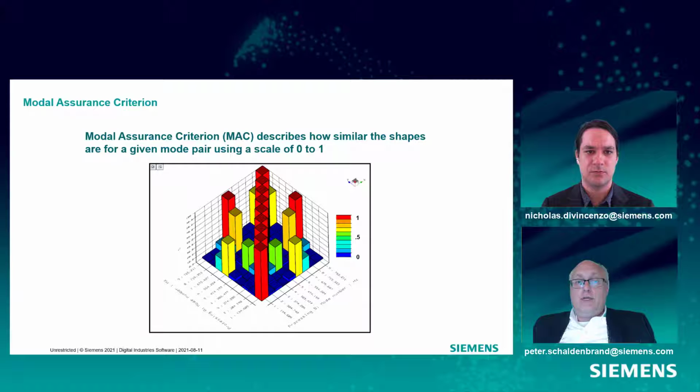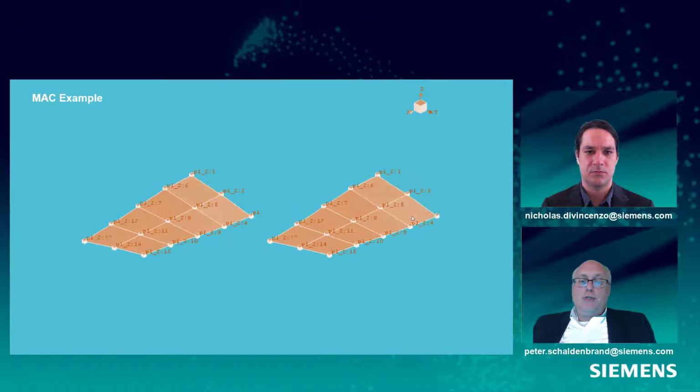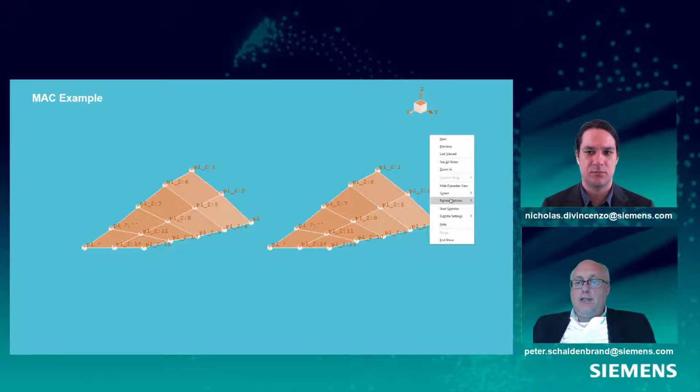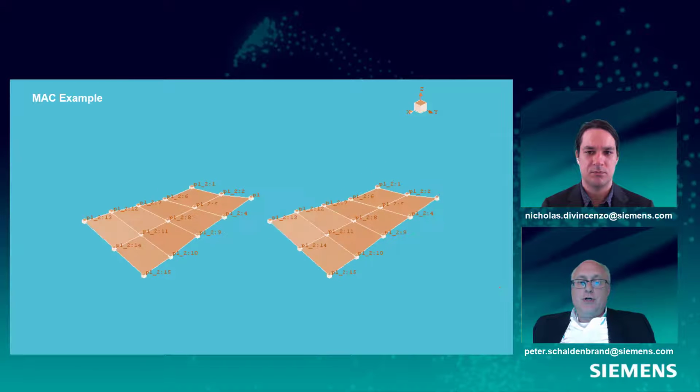So we talked about this before, but we'll review it again for those just joining us. A good tool we can use in dynamic models where you have modes or natural frequencies of the structure is something called a modal assurance criterion. Modal assurance criterion, or MAC, tells you how similar two mode shapes are. I'm going to draw on the slides here because I like to draw.